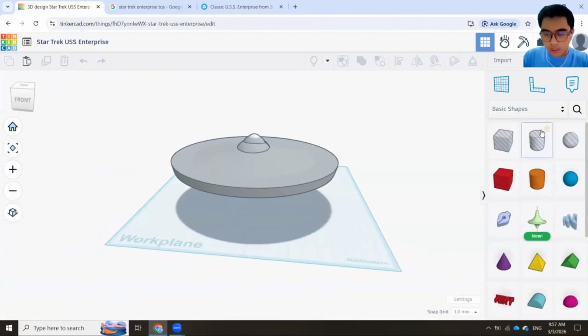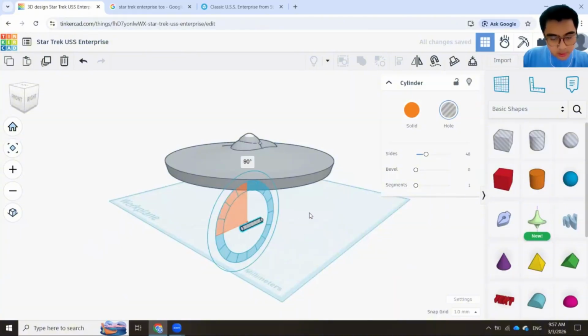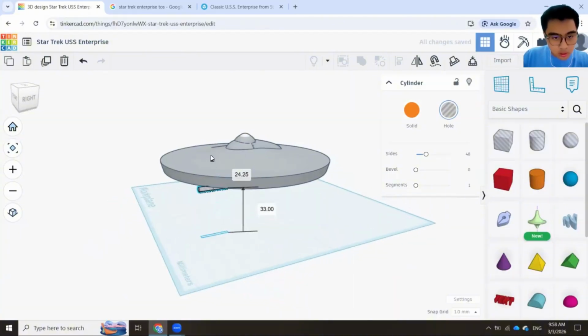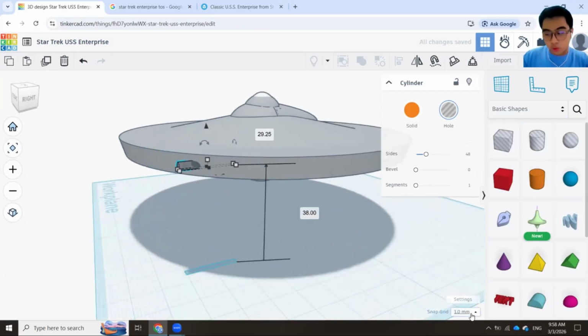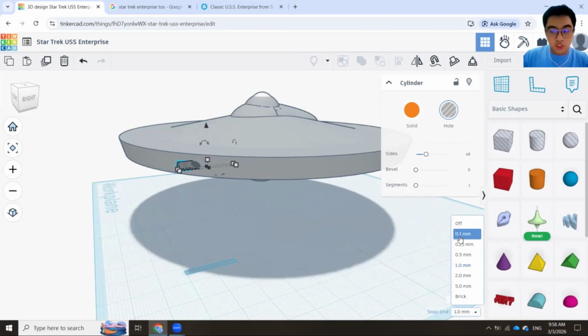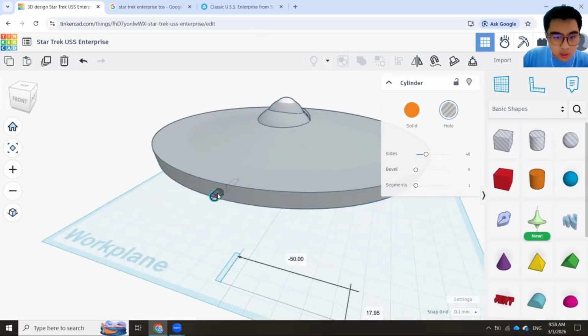I'm going to take myself a hollow cylinder. I'm thinking of making it 2.1 in length and width. 2.5. Sorry, not 2.1, 2.5. Okay, rotate that. Okay, drag this one on top of like this. Now if you want to have the movement become much slower, put your snap grid to 0.1 to move it in a very slow way so that you can have much more detailed movements.